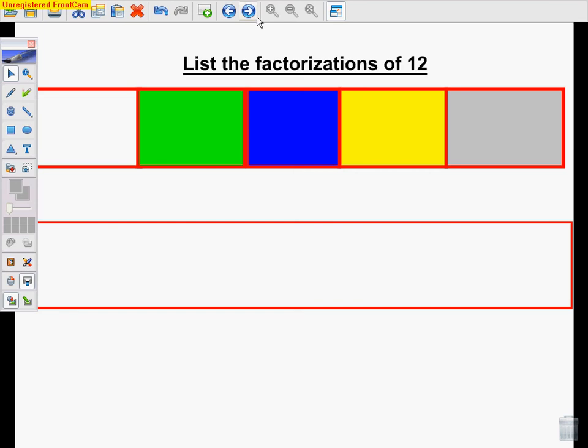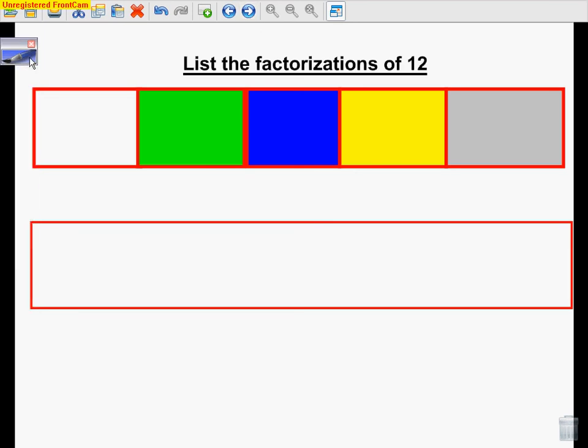Alright, we're going to start off by talking about factorizations. This first problem wants us to list the factorizations of 12. Now factorizations are just ways numbers can be multiplied together to get a certain product. So some of the ways that we can multiply numbers together to get 12 are 1 times 12, that's a